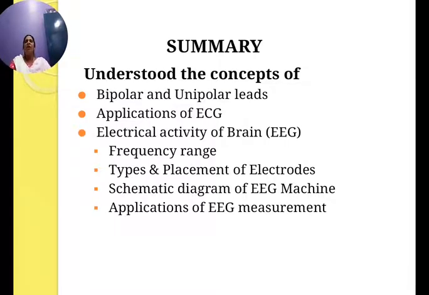So that is about the different frequency ranges, and we have studied the placement of electrodes. In the schematic diagram of the EEG machine, the basic components are the electrode montage selector, preamplifier, filters, sensitivity control and writer unit. In the electrode montage selector, EEG signals are transmitted from the electrode to a head box which is labeled according to the 10 by 20 system, and then to the montage selector.